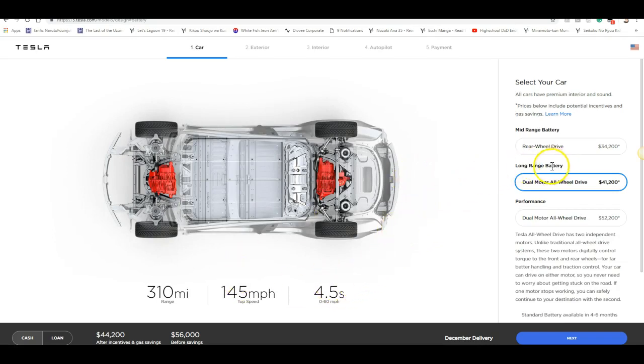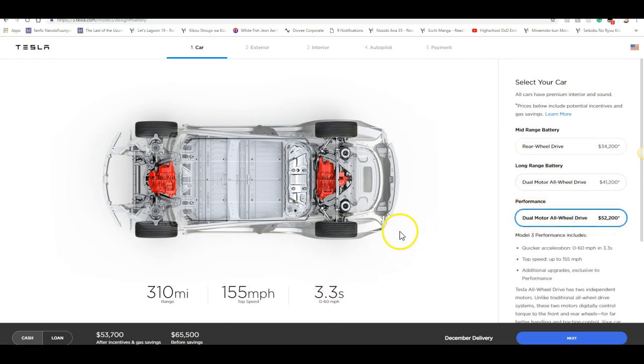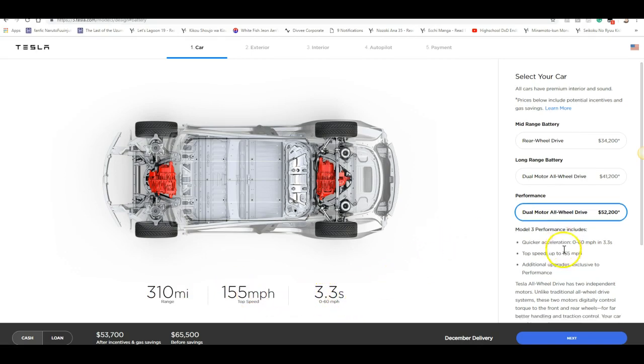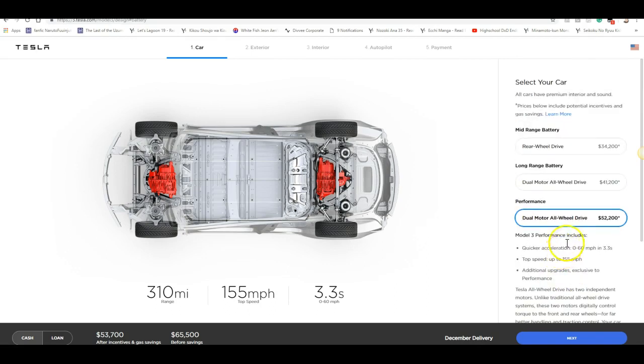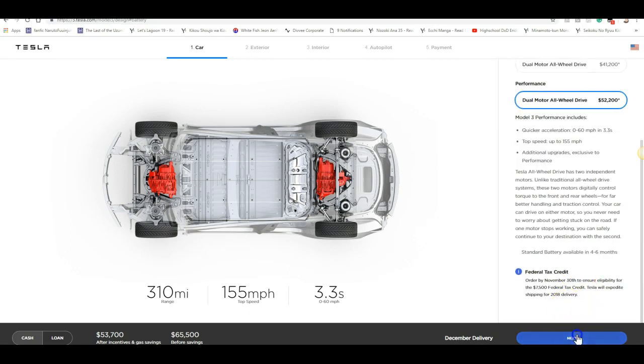Let's see, dual motor performance. There you go. So you get the performance. When you get the performance model, it's still 310 miles range, top speed 155 miles per hour, 3.3 seconds 0 to 60. So when you start looking at it,